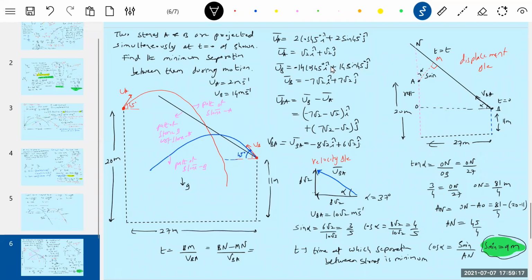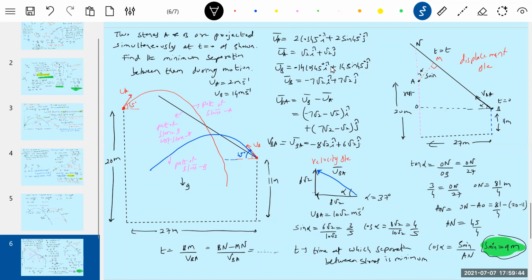BN will be 79.25, sir. Okay, the final T I wanted. BN minus MN. Again one more triangle you have to do. We know already AN, no? From that we'll get MN. Substituting that we'll get it. And again we have to go for the root of this. Okay, you do one thing. Calculate this.